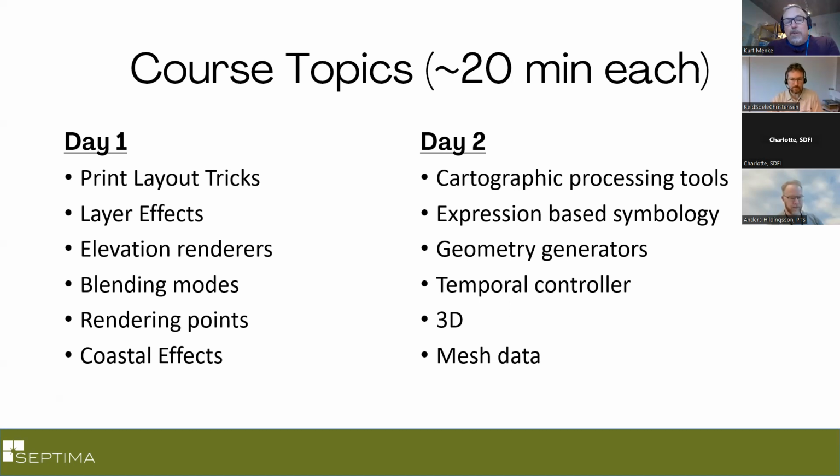some labels. We're then going to look at layer effects, which are this capability QGIS has to where you can set up drop shadows, inner glows, outer glows, things like that for your vector layers, points, lines, polygons. We're then going to look at elevation renderers and how we can make beautiful color hillshade maps in QGIS